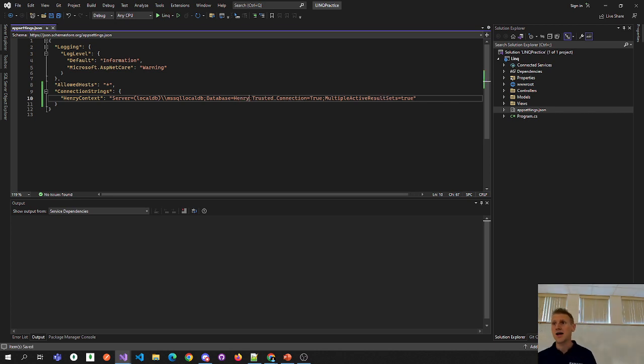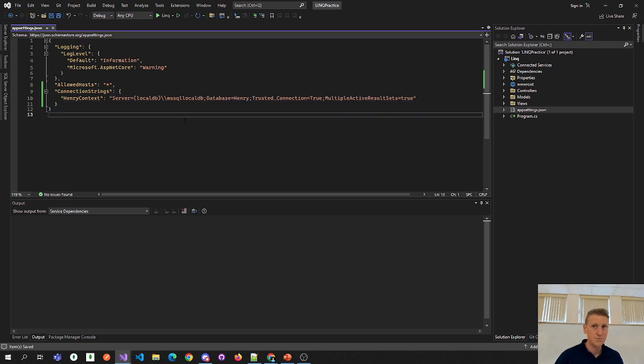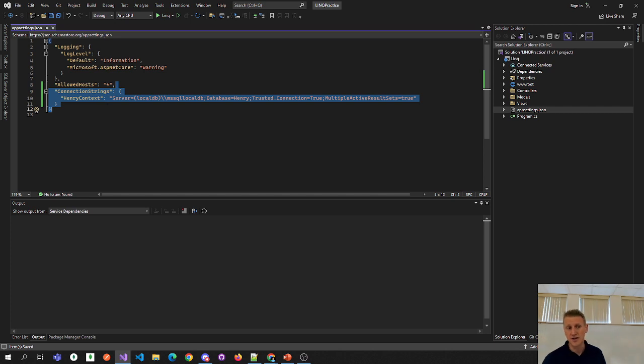So I need to make my Henry context file, and we'll be writing some of our LINQ queries inside of that context file. But nonetheless, we have our connection string. The next thing we need is to enable dependency injection, so that basically allows our context files to have access to the database,